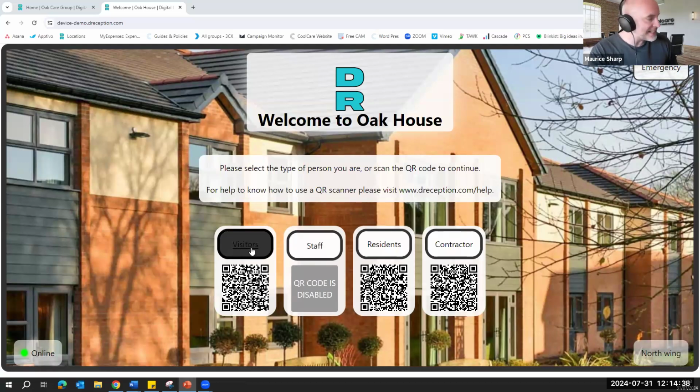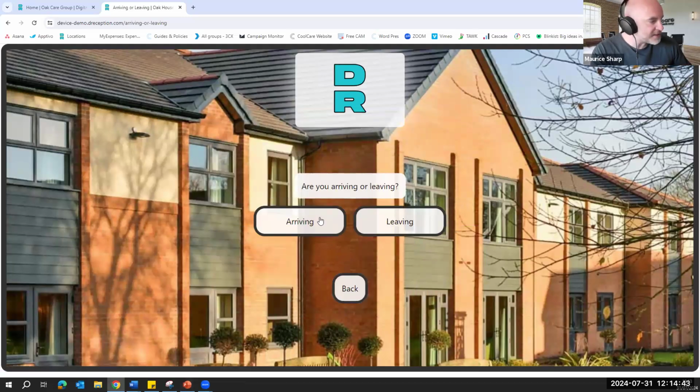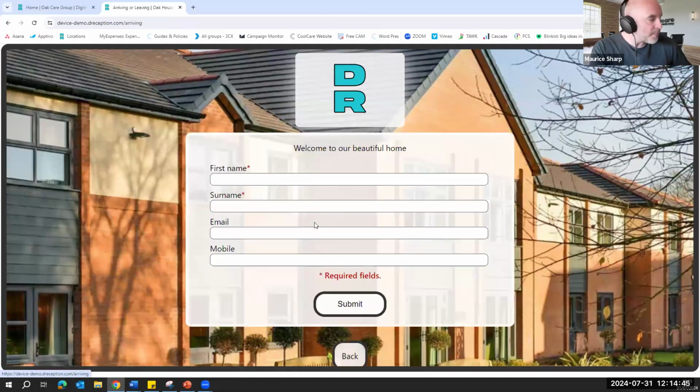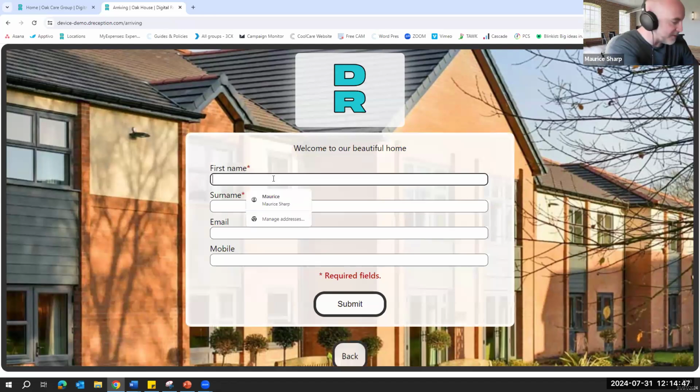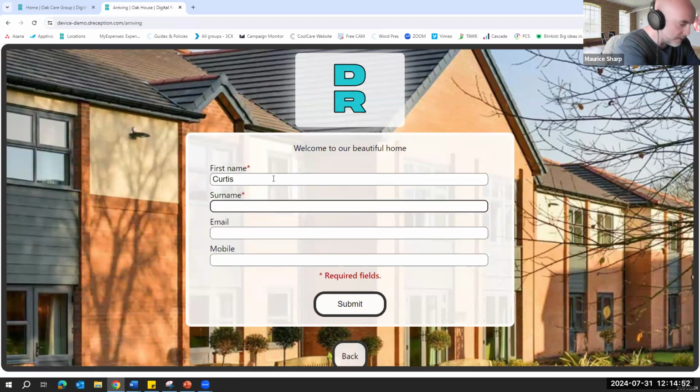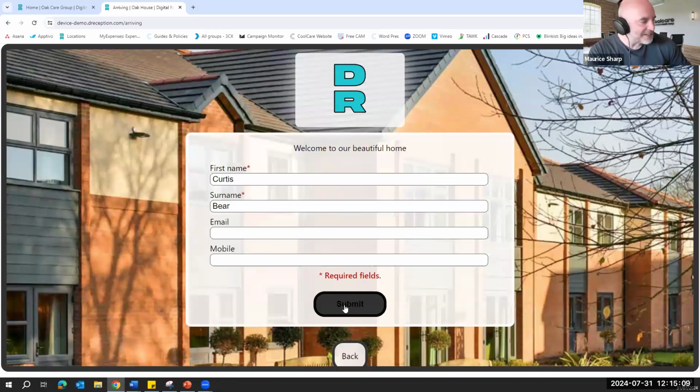I'm going to go in as a visitor, first of all, and you'll see it's a really easy step-by-step process. I just click arriving. I'm going to pop in my first name and last name. So one thing I mentioned is that you can see these fields are required. That's entirely up to you. You can set it so emails and mobile phones are also required fields, but at the moment they're not. So I'm not going to add those as well. And for the purpose of today's session, I want to keep things moving forward for you. So if I click submit,